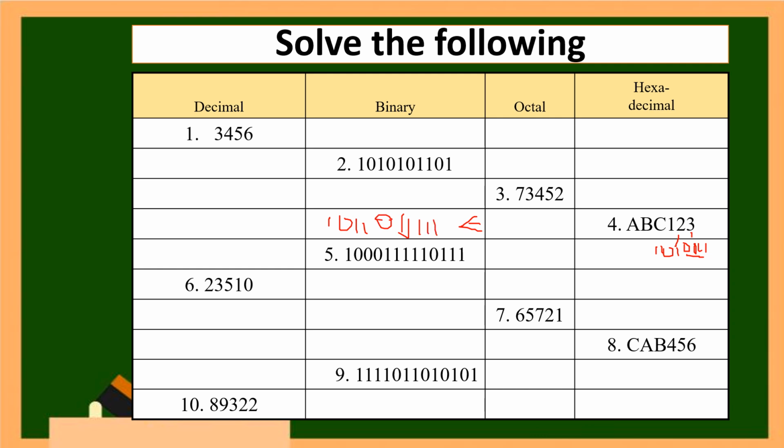So, for example, you have already the binary, then convert that to octal. How? By grouping it by 3 again. And you will have your octal. Okay? So, that's how you will create. And the same process as what we have here. So, for example, decimal, as what we did in number 1. Same process. In solving octal base to binary, hexa base to binary, divide them by bit of 3 and bit of 4.